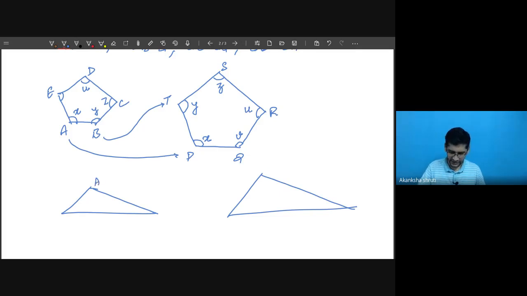So let us consider this triangle as ABC. This triangle is MNO. Here I have considered this A as corresponding to M. So whatever this angle is, the same will be this angle. If I consider this as theta, this will be theta. If I consider B as alpha, C as beta, then draw this O as beta. Okay, so this is the condition.